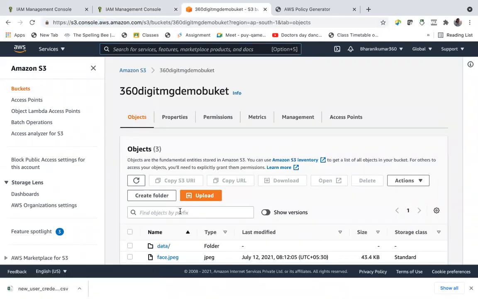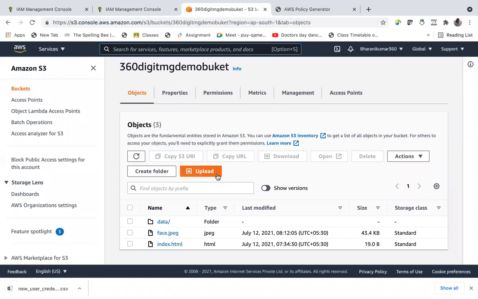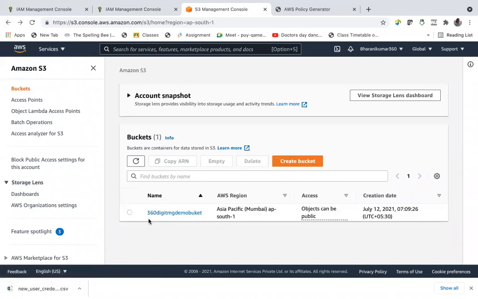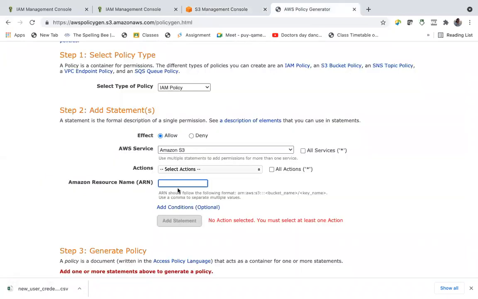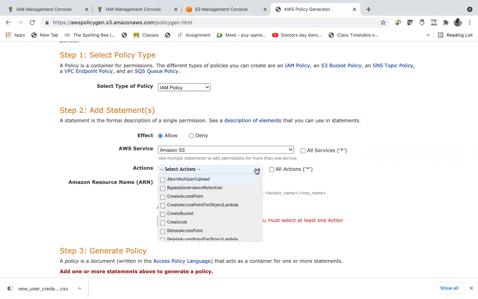This is my bucket. Go back. Here it is. Copy ARN. Copy the ARN of your bucket. Put it here. So if you want this IAM policy to only read from the bucket or write to the